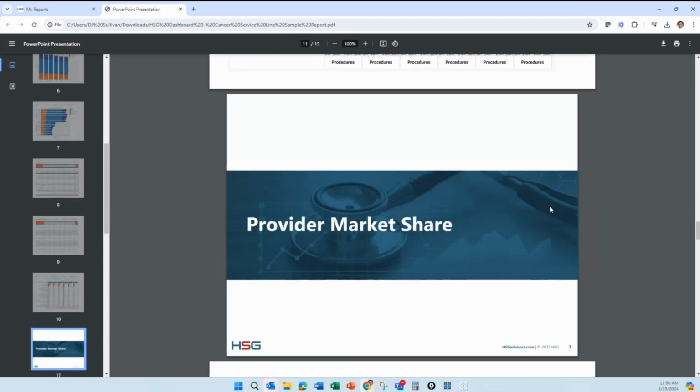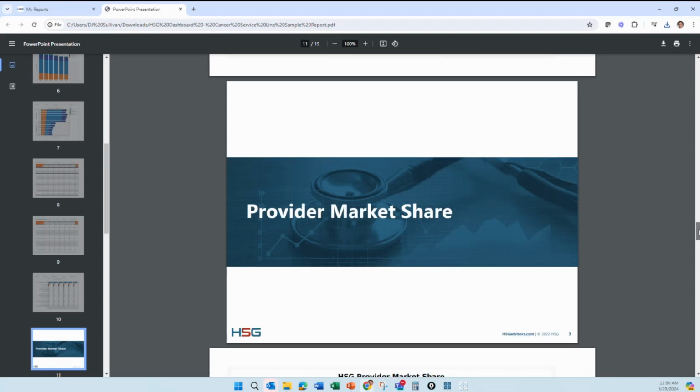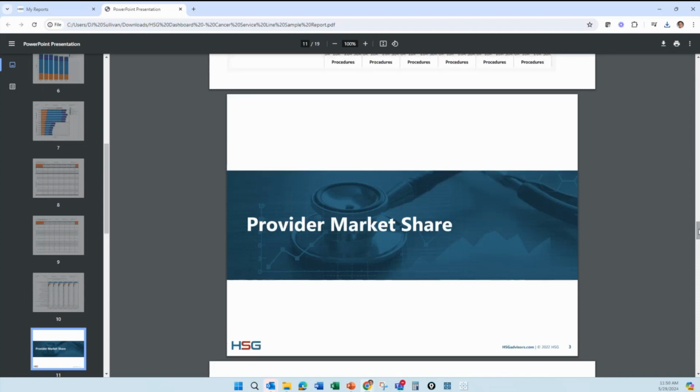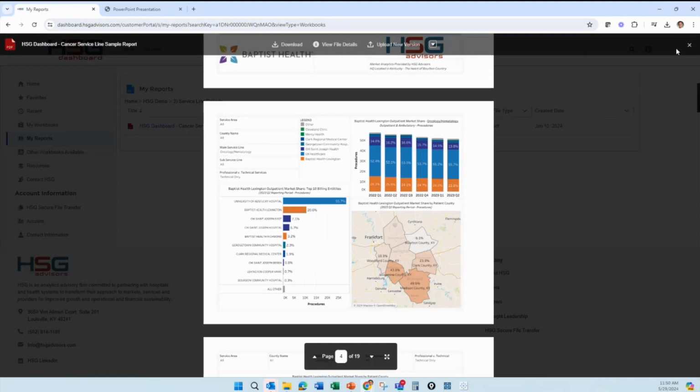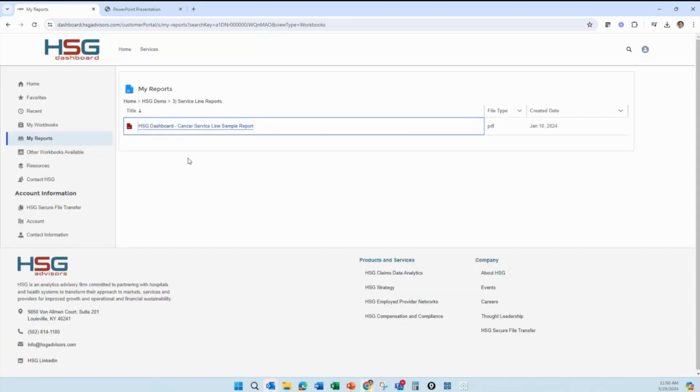There's also a lot of different ways to look at this, where maybe we're pulling in a different data set around provider market share or patient flow or your inpatient data set. So there's lots of different elements we could be pulling data from that we can then pull into a cohesive report that's custom to you and gets pushed into your My Reports section here in the HSG Dashboard on a quarterly